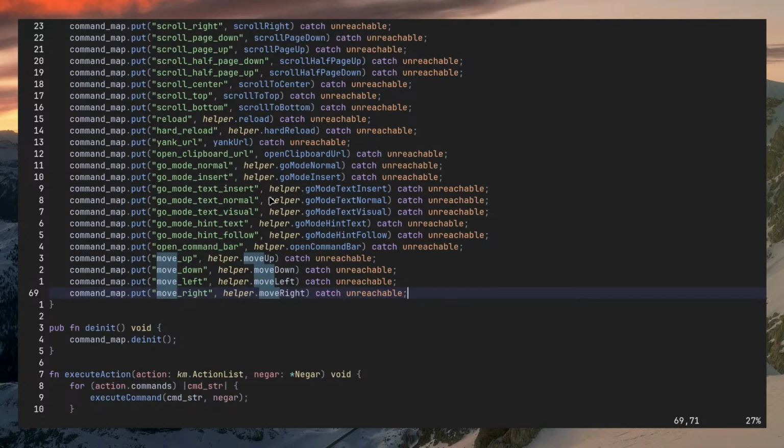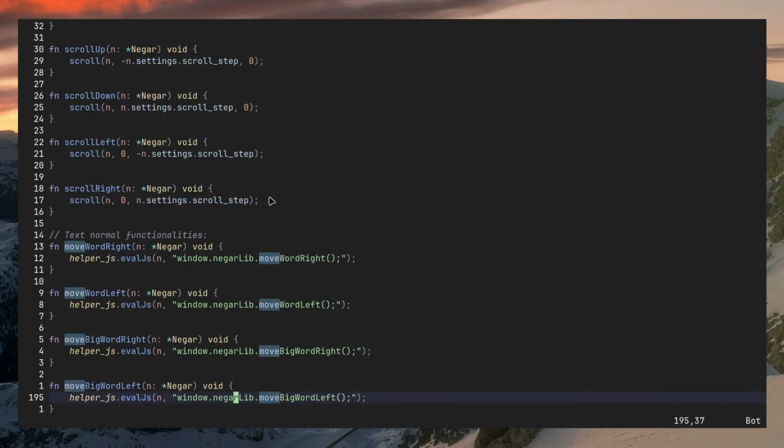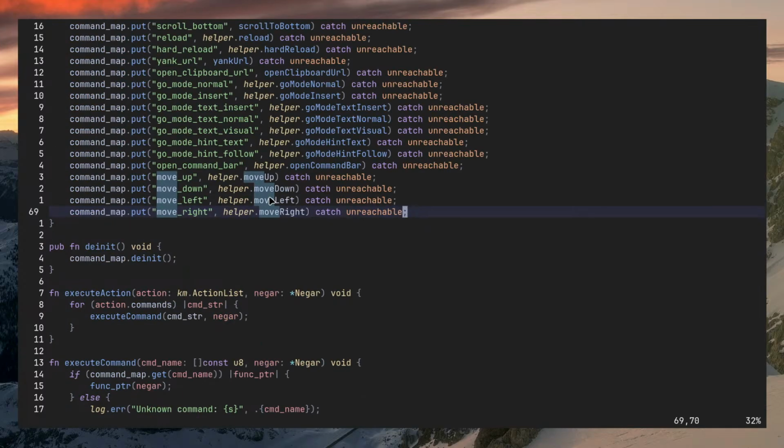Move up, down. I don't think I'm gonna put this in helper. I'm gonna put them in helper.js. Or put them here, yes. Okay. These are not in helper, so